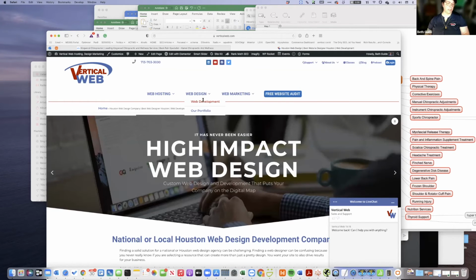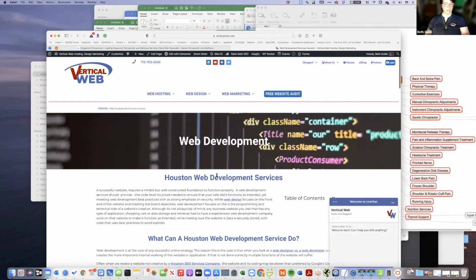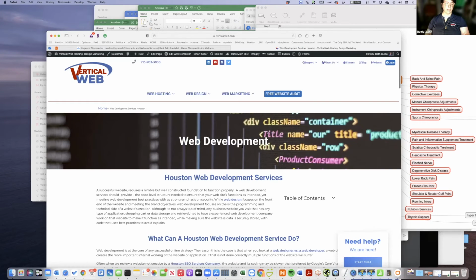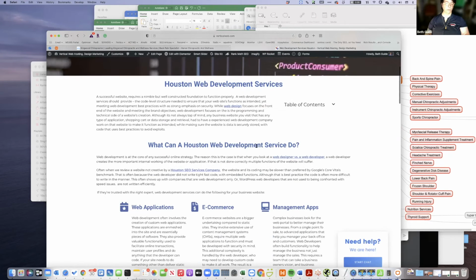Even if I go to the development page, the other thing I want you to look at really hard is the anatomy of these pages. This is a web development page, and you see I have Houston Web Development Services. What can a Houston Web Development Service do?